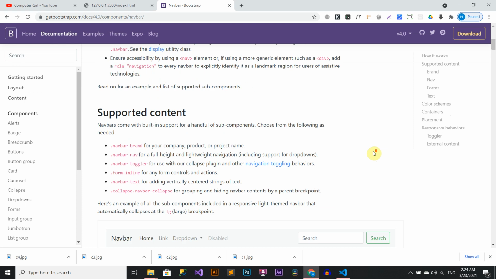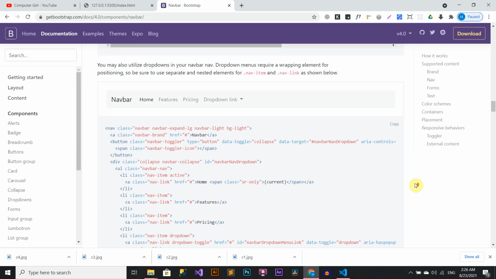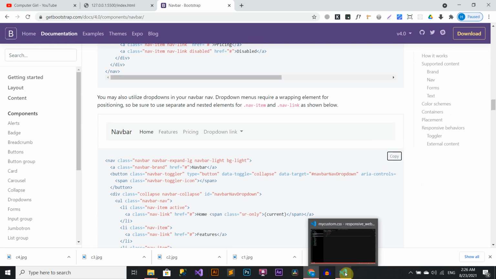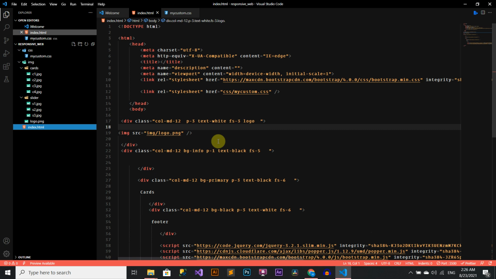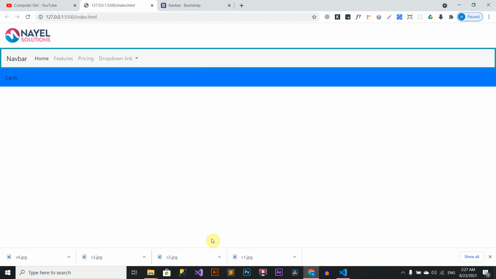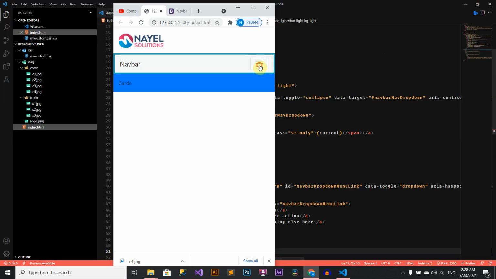Here you can see, we will copy this code as it is, and we will paste it in the menu. And now see, the navbar has been implemented and it is responsive.